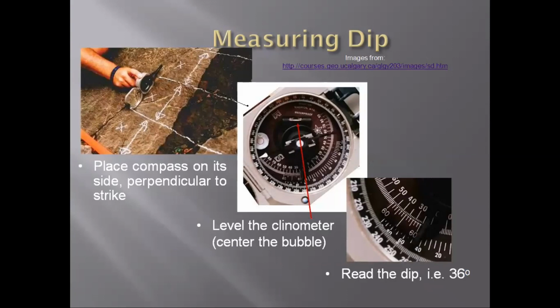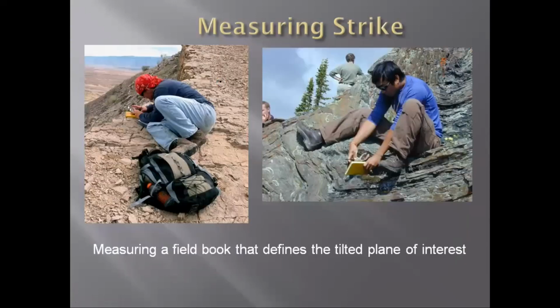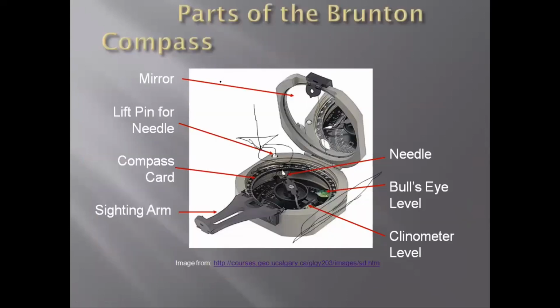Here we have different lines. These lines are indicating the direction of the strike, and then we just open the Brunton and place two ends of it, and then we try to parallel the bubble, the other bubble that is in the form of a capsule. Here you can see a capsule. We can control this capsule from the back side of the Brunton. Let's see if we have a photograph of it. Unfortunately we don't have it.